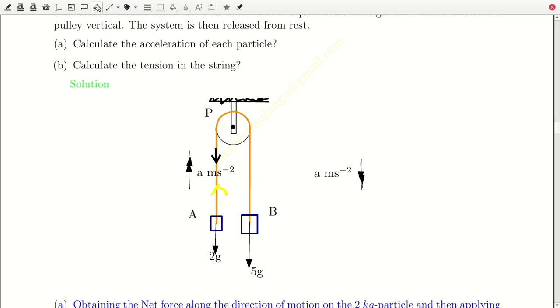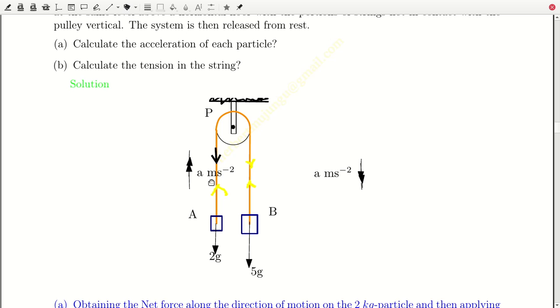Similarly, we shall also have tension in the other direction, on this other side of the string. I hope you are internalizing as we are trying to do this. There should be tension here, then there. So if now we do the same, if you obtain the net force, for example on the 2 kilogram mass,